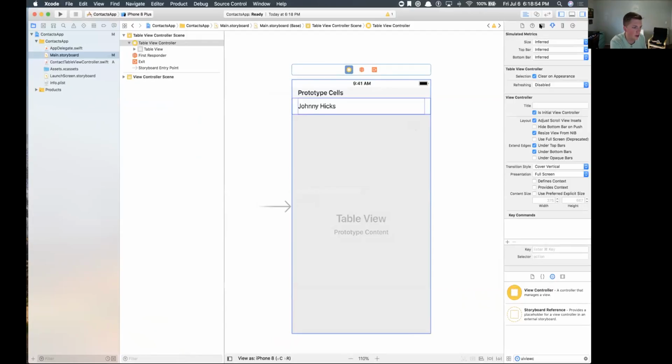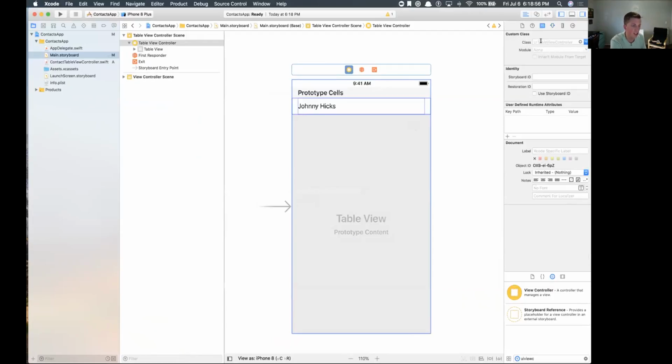on our table view controller. Okay, so if I click on that, you'll see that the class right now is just a UITableViewController, just a basic UITableViewController, but it's not actually connected to the contact table view controller that we created, right? So I'm going to connect it by typing contact table view controller, and it should auto-populate there for you. If you set up a table view controller class correctly, you should see that as one of the options as you start typing. So now I'll hit enter, and now the visual element of our table view controller is connected to this Swift file